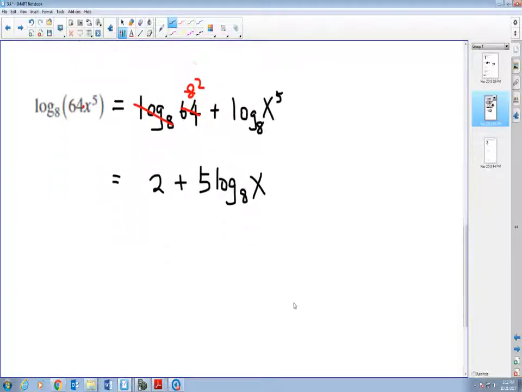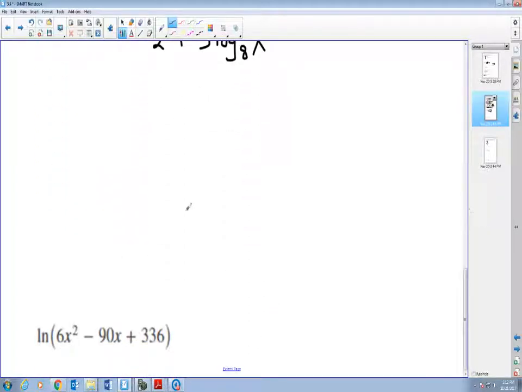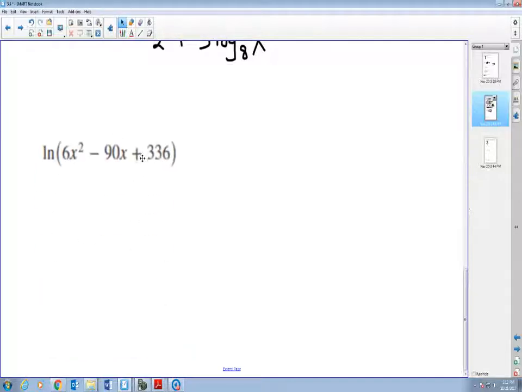Now this one is very similar to the 125x plus the 25y. So here I got 3 terms. Can't split them unless they are one term in the parenthesis. Luckily, this is actually factorable. This parenthesis comes with the natural log. If I factor out a 6, let's do it out here, what's left is x squared minus 6 going to 90, 15 times,